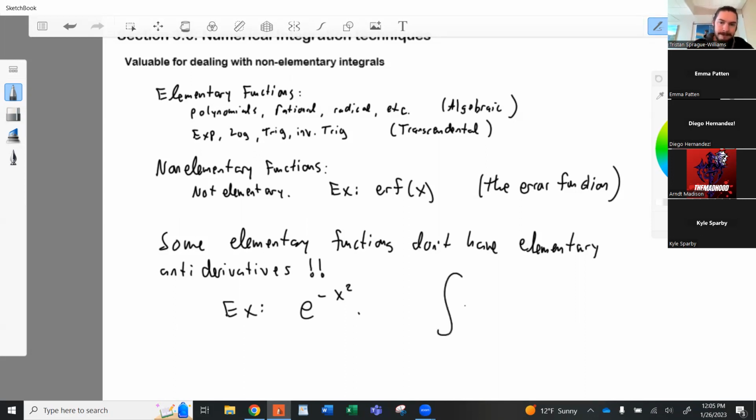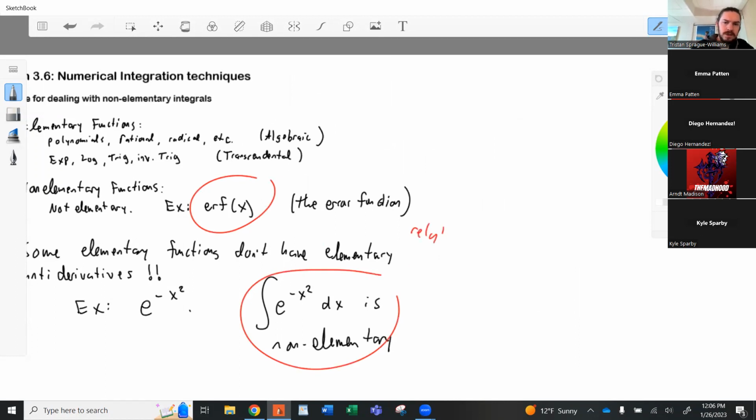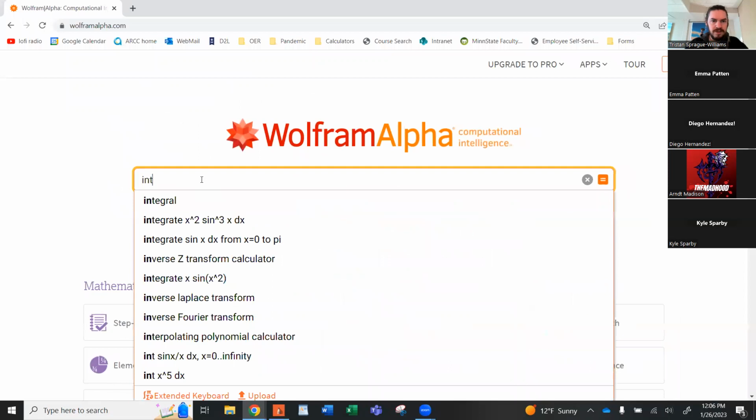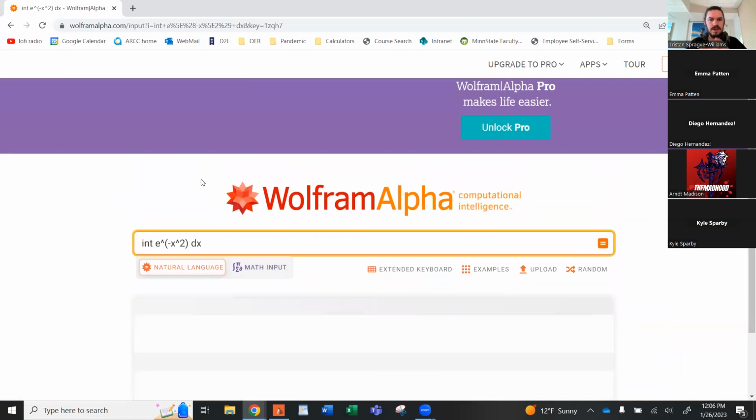The antiderivative of that is non-elementary. And it's related to this thing called the ERF function. These are related. So let's go to Wolfram Alpha, and I'll show you where this comes up. You go to Wolfram Alpha and say, what is the integral of e to the power negative x squared dx? It will tell you